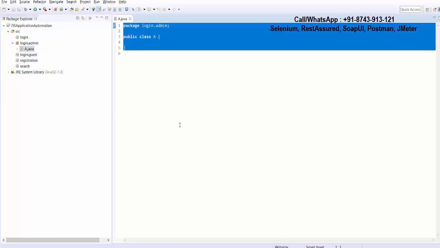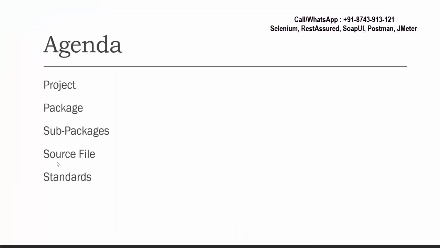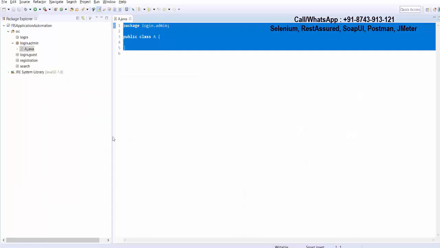What actually the class is, how to write code, I'll cover in the next session. But here we have seen how to create project, package and class. So now I can say package is nothing but a collection of subpackages and source files. Also you can call it, a package can be defined as a folder which can have subfolders and source files, or I'll call it coding files. So now you also got an understanding of the source file, the file which we are going to create here, where actually we are going to write code. That is called a source file or coding file. We also call it Java files. Extension of these files is .java.